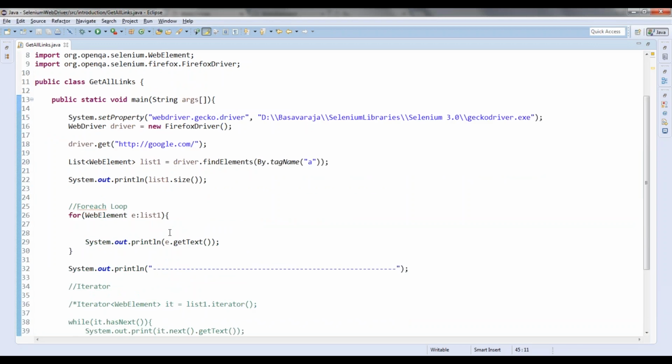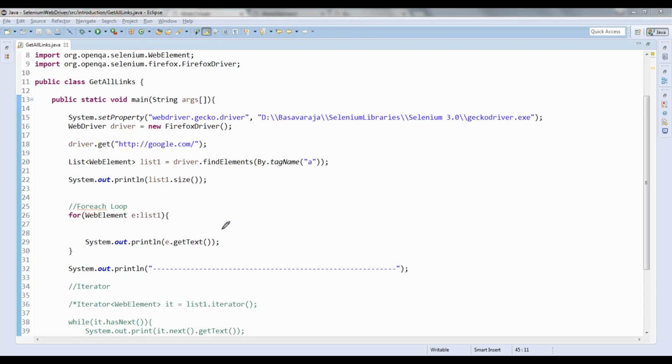Using the for each loop, for each element in the list you iterate those many number of times. If I have 10 elements, this for each loop is nothing but for int i equal to 0, i less than 10, i plus plus. It is a simplified version. Internally, it will add this particular list element into the reference variable I am creating, and then it iterates those many number of times.